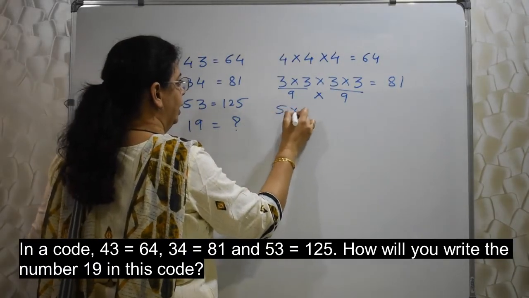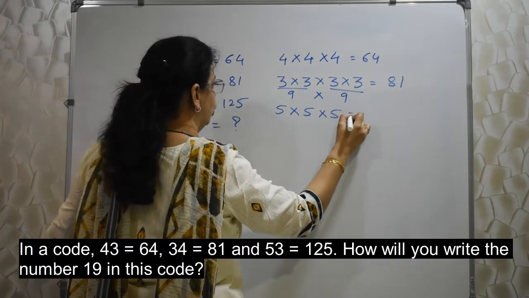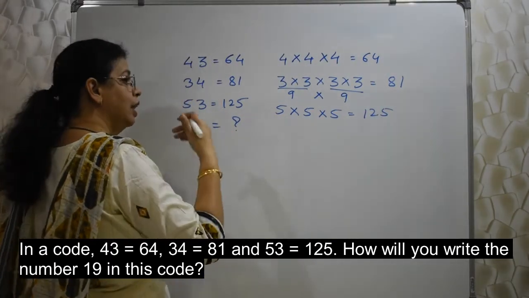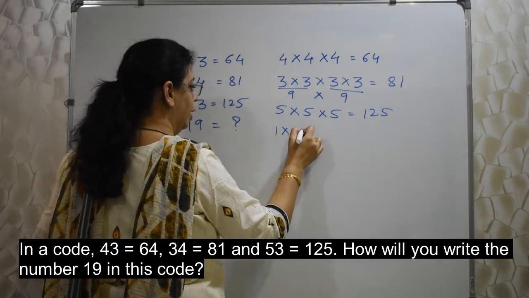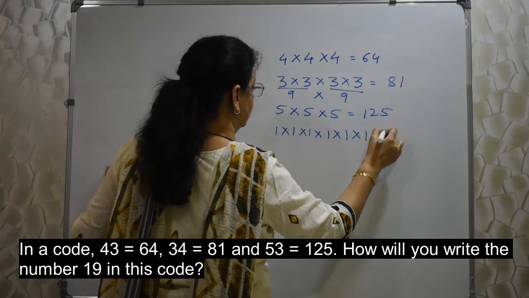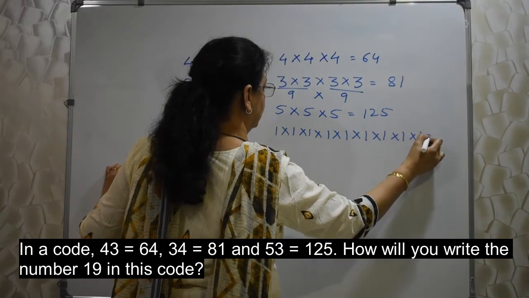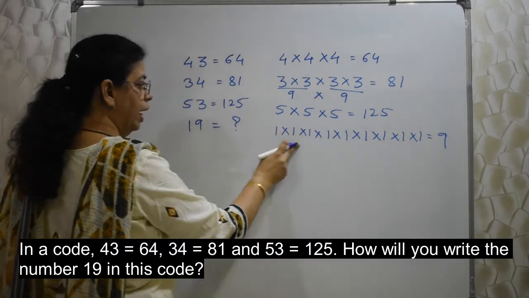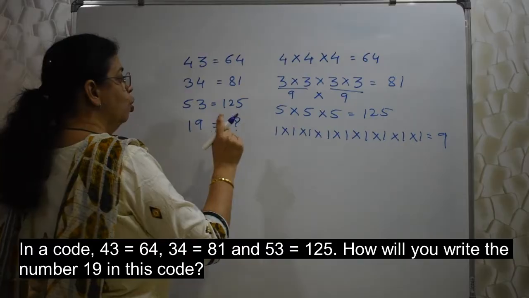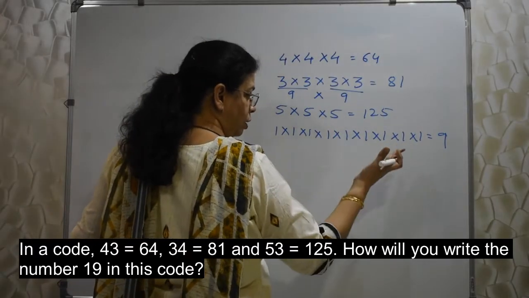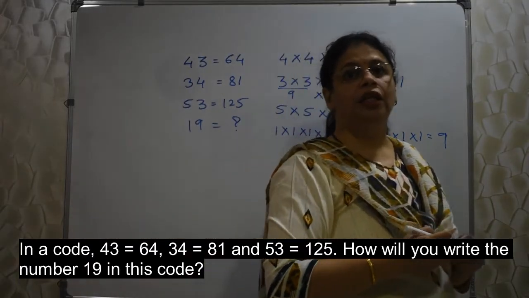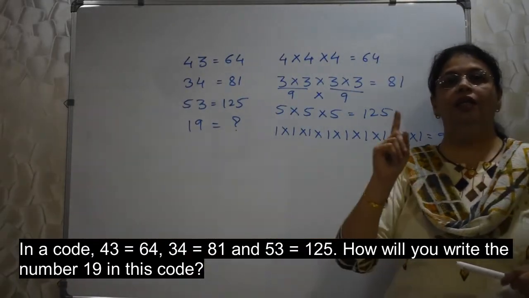5 taken 3 times. 5 का क्यूब is 125. So I have to take now 19 times. 1000 बार भी लेंगे और इंटू करेंगे तो आंसर कितना आने वाला है? You need not write this and waste time in the examination. We are doing practice right now, so we are trying to be a little more systematic. When you do this practice in a systematic way, at the time of examination you will definitely save time.